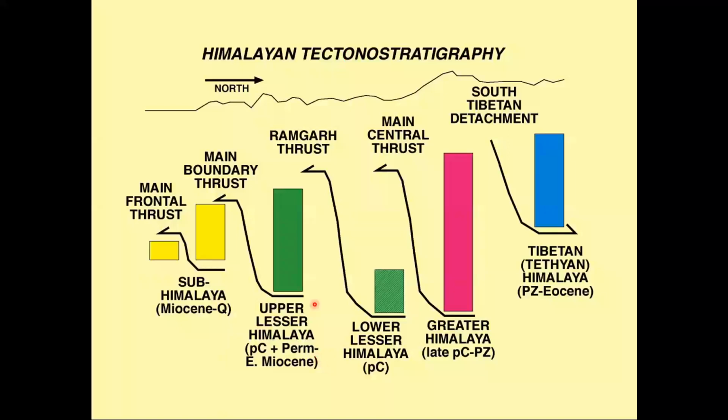But no matter what happens, you have some broad faults in the Himalaya. We start from the south, which is the Main Frontal Thrust, Main Boundary Thrust, the Ramgarh Thrust, Main Central Thrust, and then you have the Tibetan Golden Thrust belt. Okay, mountains. So you have these settings, whether it was thick-skinned or thin-skinned. We'll get into this a little more.